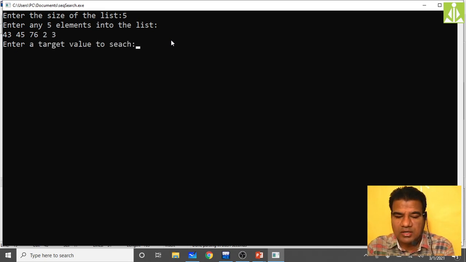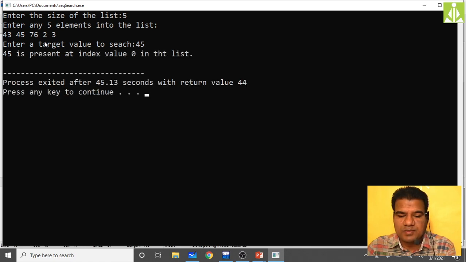It is asking me to enter the target. I will give the target 45, which is at index value 1. Where is 45 existing? This is the 0th index, this is the first index. So the target exists at index value 1, and it should print that 45 is present at index value 1. But it is giving 0.